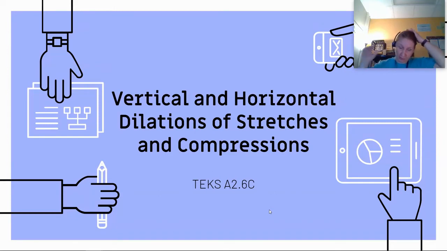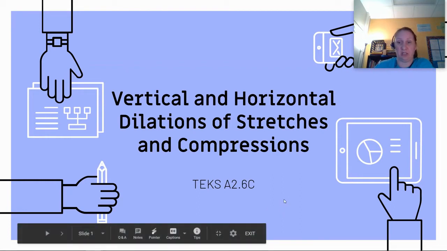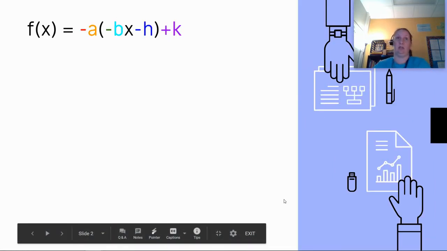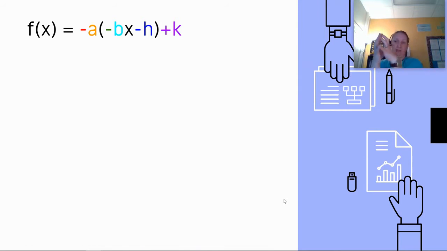This is the 1-3B video notes, so vertical and horizontal dilations of stretches and compressions. Dilations is something where the shape is changed in terms of wideness or thinness. It's not moved around the graph. So just a reminder, our basic formula is that we have A, when A is greater than 1, it's